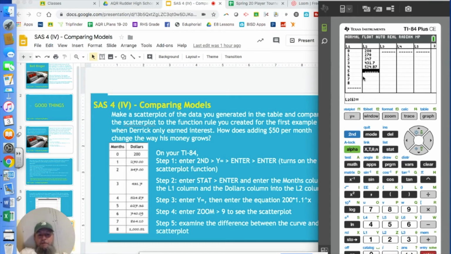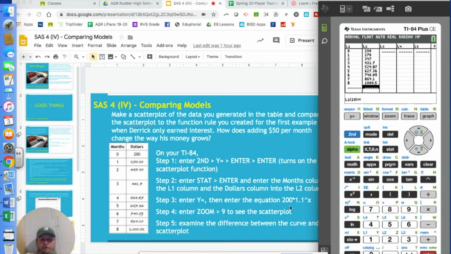524.87 for the fifth month, 627.36, 740.09, 864.1, and 1,051 for the 8th month. Okay, so we have all 9 values from the 0th month to the 8th month, and we want to enter